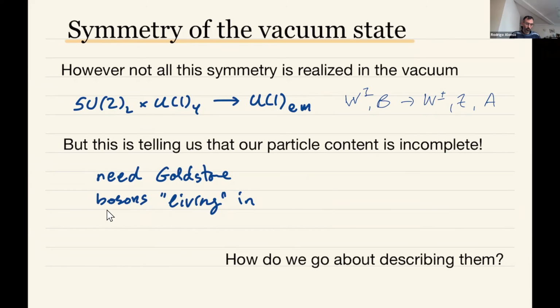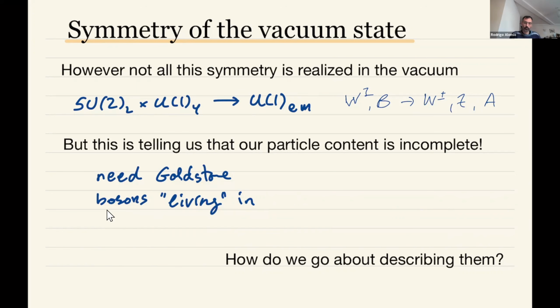This allows for masses for fermions that we know are out there. This requires that some of the gauge bosons get a mass. But the crucial difference between a massive and a massless spin 1 particle is that a massive one has one more degree of freedom. So the particle content that we wrote before is incomplete. We need these extra longitudinal degrees of freedom for the W plus minus and the Z. And these are the Goldstones of our theory